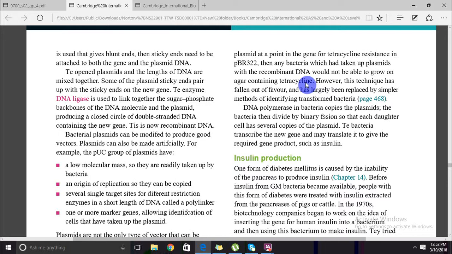So remember, it's called a polylinker. Several single target sites for various restriction enzymes in a short length of DNA called a polylinker because it can link up so many different